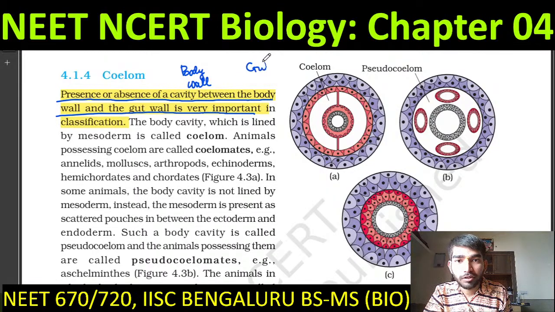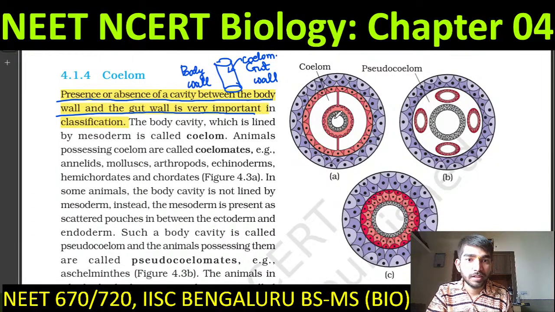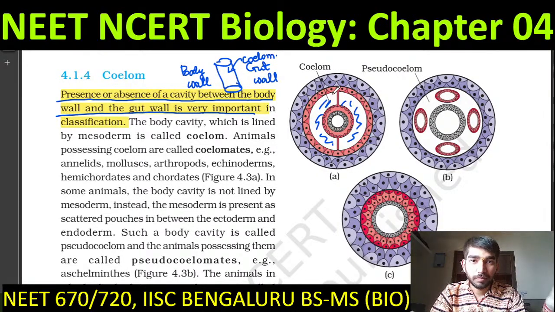Body wall and gut wall, and there is this kind of cavity, you can say, like a tube within tube plan. So this cavity will be called a coelom. Here the image is also given. So there is this coelom, this empty cavity. This can be filled with fluid, organs, anything. So it is not that it will remain empty like that throughout the organism's developmental stage. But at one point in its life, this cavity will be formed, maybe early on in the development, and then